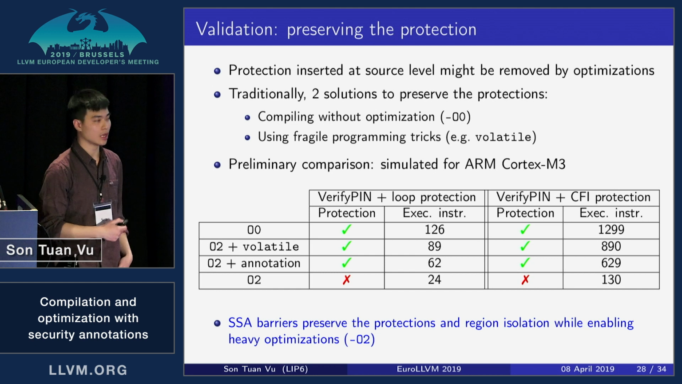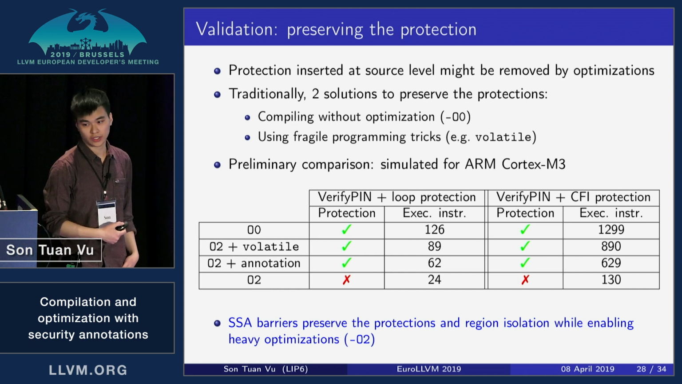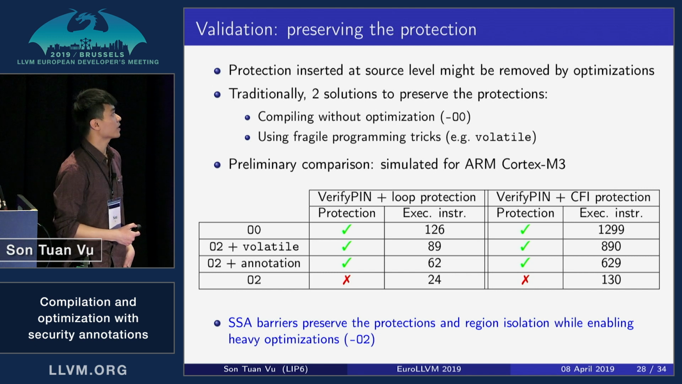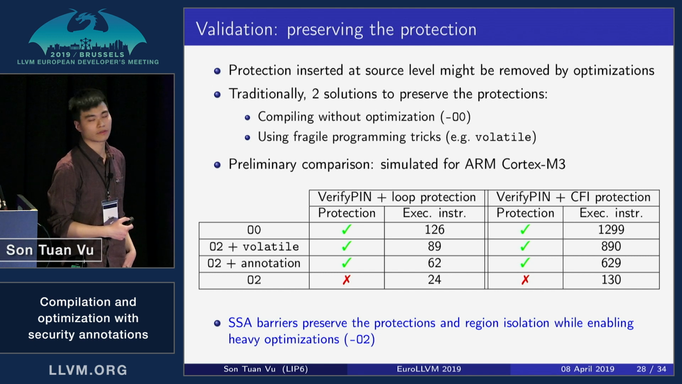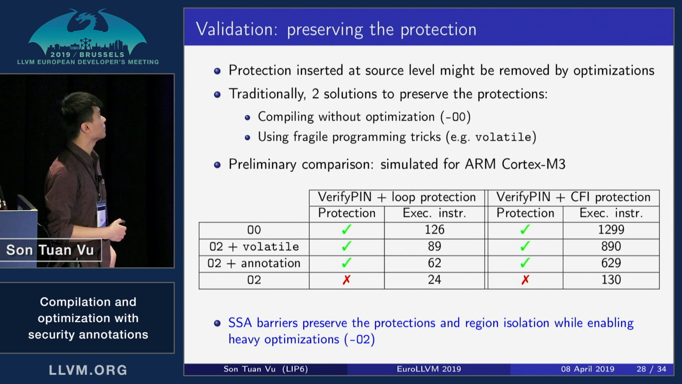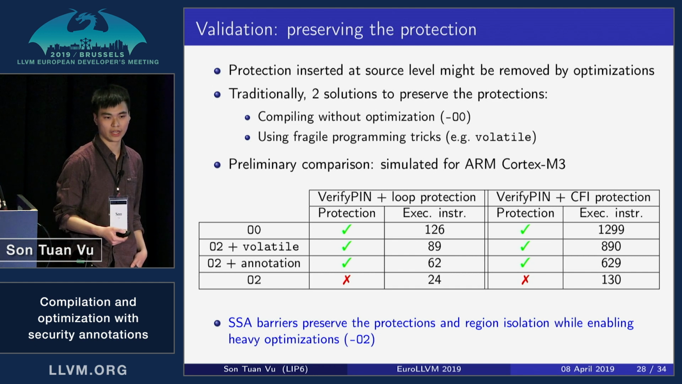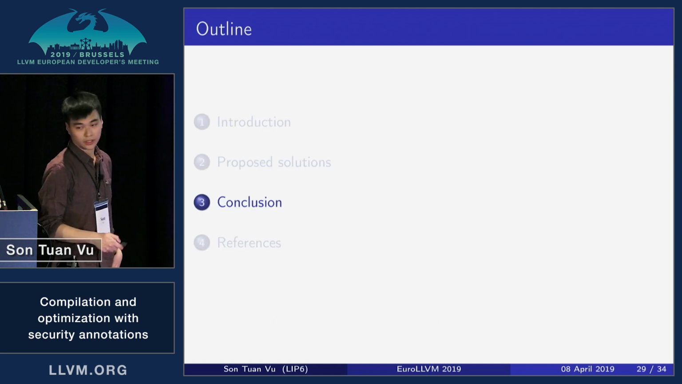Code compiled at O2 with annotation does preserve the protections, and it's faster than the code generated by the two traditional solutions. Code compiled at O2 alone without anything is fastest because it doesn't have to execute the protection. It's already gone. And to conclude,